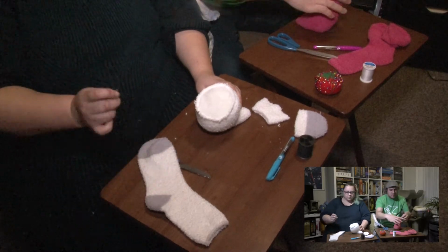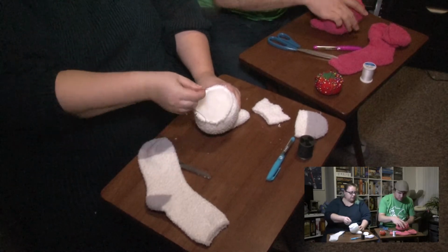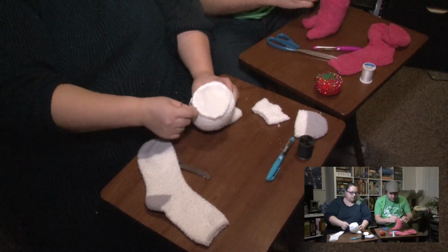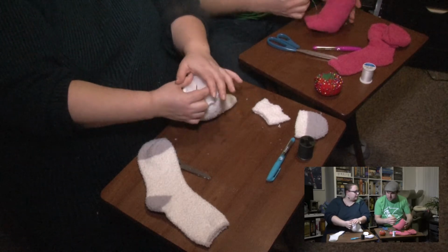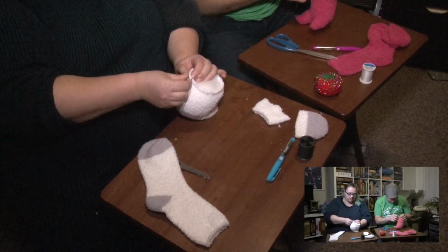Okay. So this time what we're going to do is the running stitch. And that'll be going in, and then out, and then in, and then out. We're going to do this all the way around the edge until we're back to where we started. Because what that'll let us do is pull on it, and it'll pull all this together like a purse string. So, start from whichever side you want, and we'll go in,